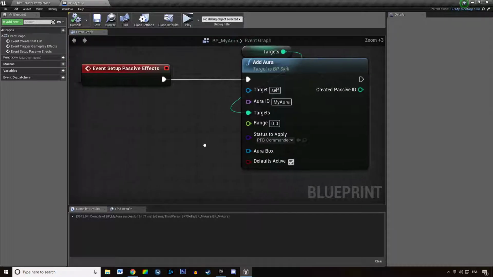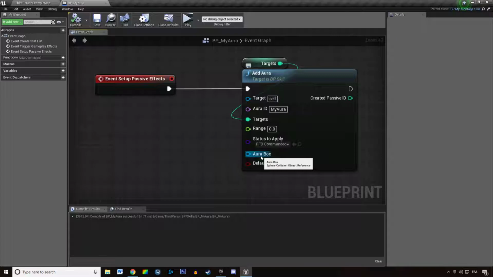So why is this? Because all trigger boxes are expensive, and if you have too many trigger boxes around a character, it's going to lag in your game. So for instance, you don't want to add an aura to AI characters when there are a lot of them. When there are many AI characters, you only want the captain to have an aura. You don't want all of the cannon fodder, all of the weak enemies to have an aura, because trigger boxes